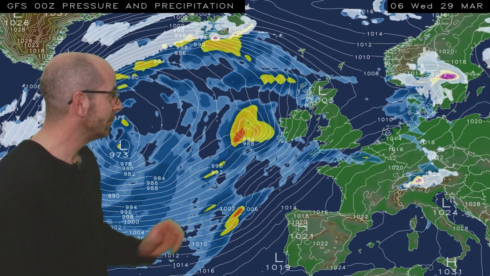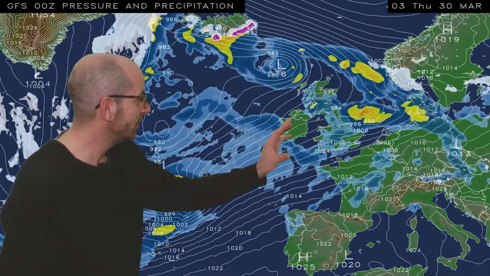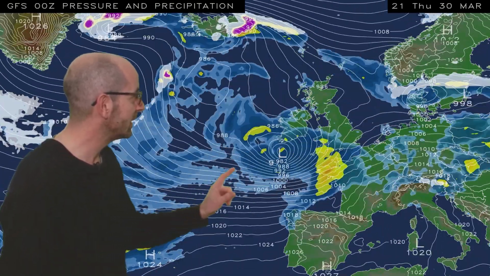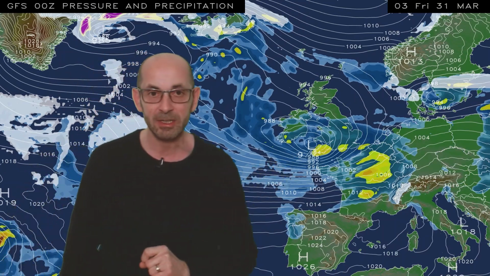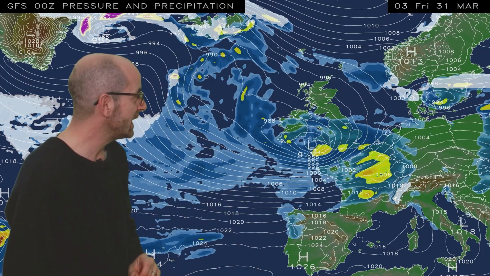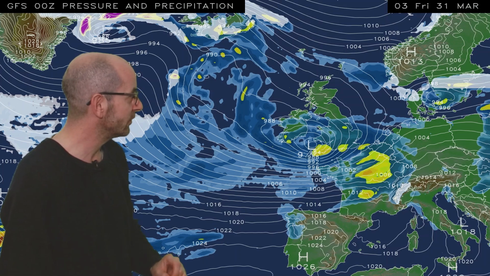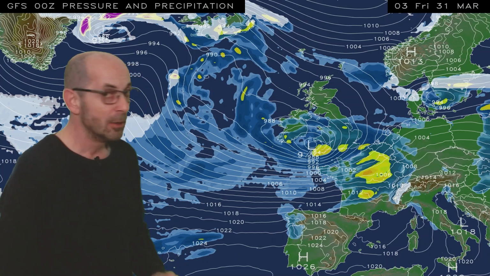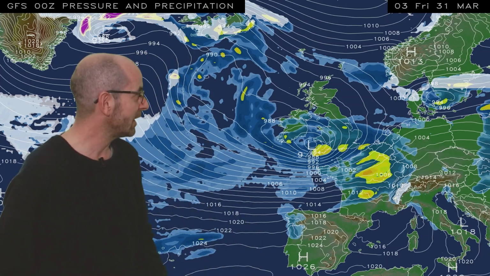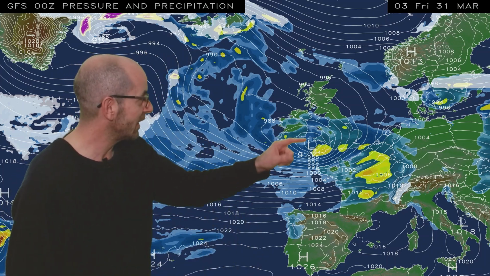In the short term, outbreaks of rain push across all areas, but then through Thursday and Friday, it's this nasty area of low pressure which needs watching very closely. It brings the potential for heavy rain and strong winds to southern parts of the UK. But the devil is in the details, because the exact track which it takes will determine just how things play